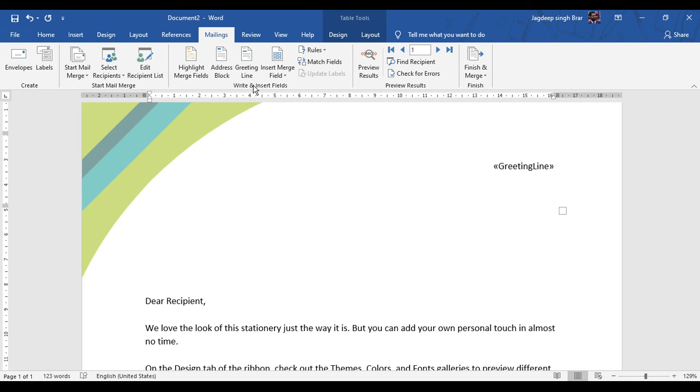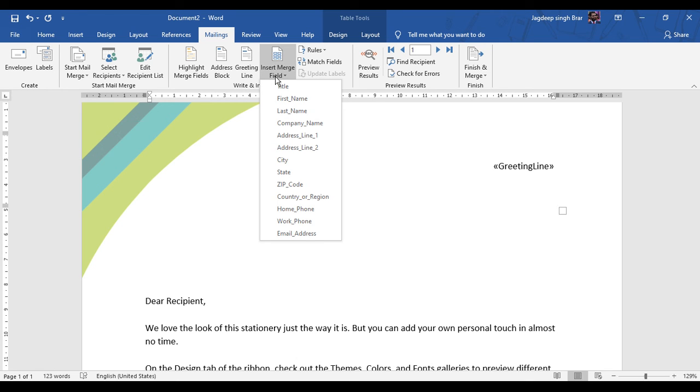For example, after the greeting line, you want to also display the person's email address, then you can select the email address. So here is a greeting line to that person along with their email address.